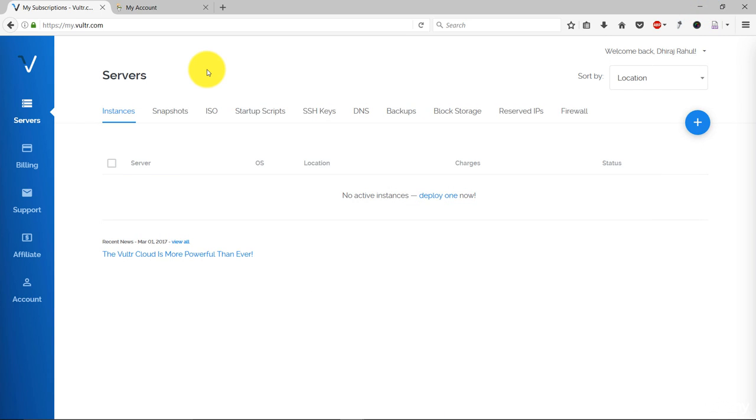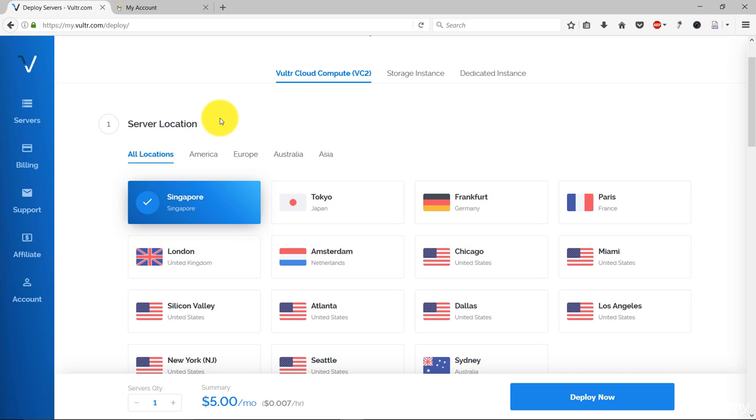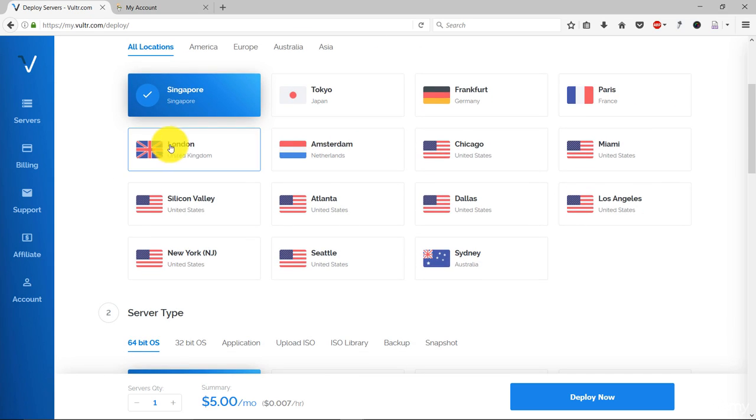Once you log into Vultr and set up your billing account, you will have a dashboard which looks like this. On the right hand side, click on this plus button which shows deploy new server. Now choose the data center region that is closest to your targeted web visitors. Let's say my targeted visitors are in United States. So I can select Chicago,